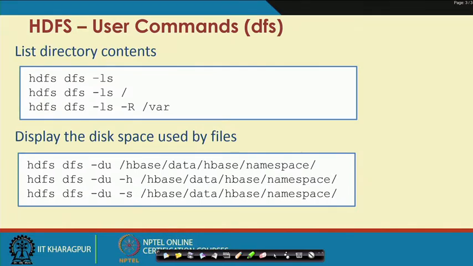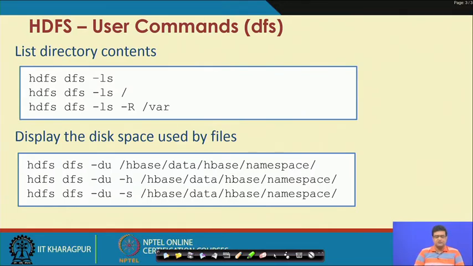Okay, so this is just a view of a few of the commands that you can use in HDFS. For example, you could use the list command just as a Unix command. So, you can write hdfs dfs -ls, and this would list the contents of the current directory. Whenever you are logged into a Hadoop cluster as a Hadoop user, you will have a current directory. Hadoop will maintain a current directory, and then you can use this command to view the contents.